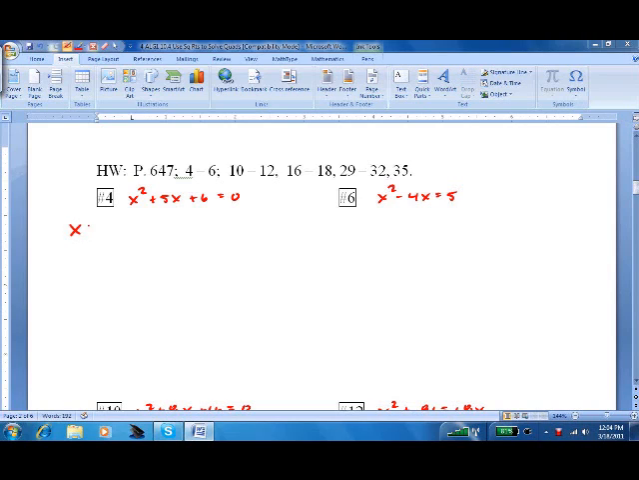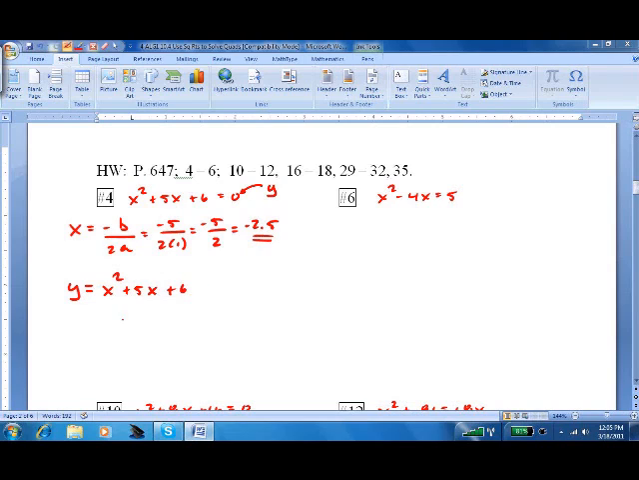So we use the formula x equals negative b over 2a, which is negative 5 over 2 times 1, which is negative 5 halves, also known as negative 2.5. If I take that and put it back in, rewriting the equation with a y where the 0 is, I get y equals x squared plus 5x plus 6, and I put in negative 2.5 squared plus 5 times